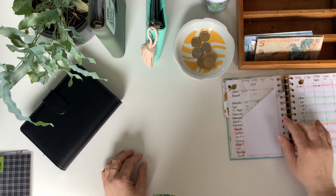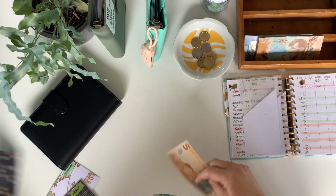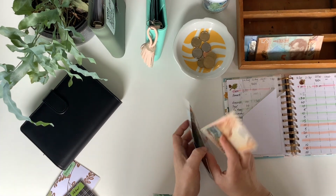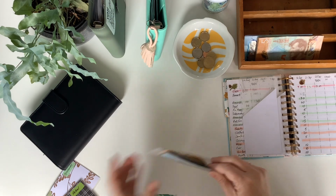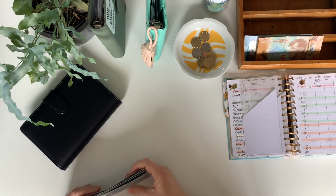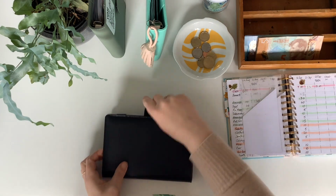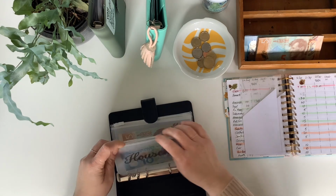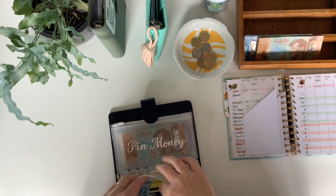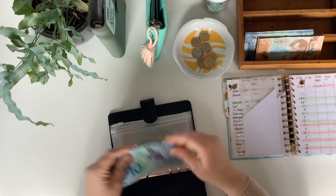Takeaways. It's just getting a 5. But that brings us up to 20, so that's a good fish and chips dinner or a Chinese takeaway. So I'm happy with that. Now for this binder. Household is going to get 10, and as I said, it's just got the 10 there for 20,